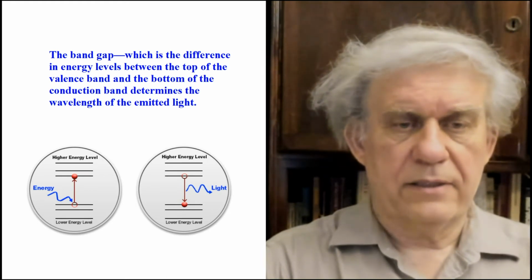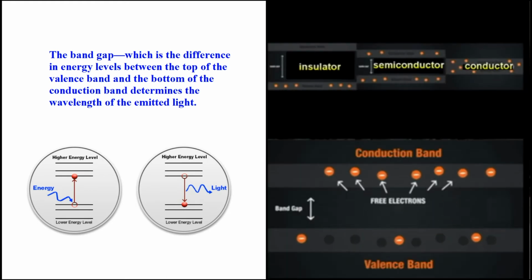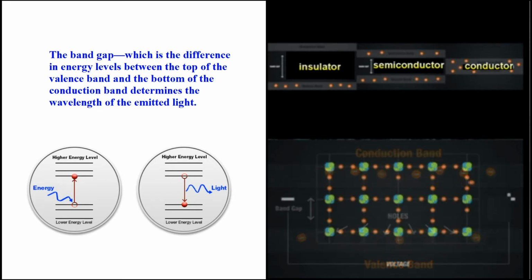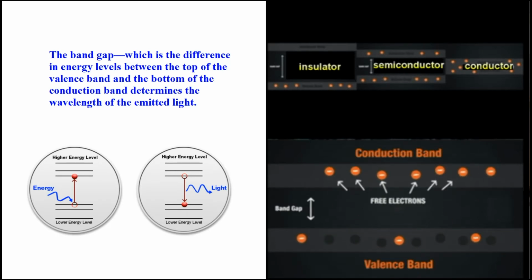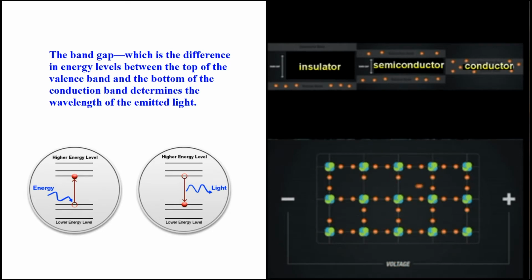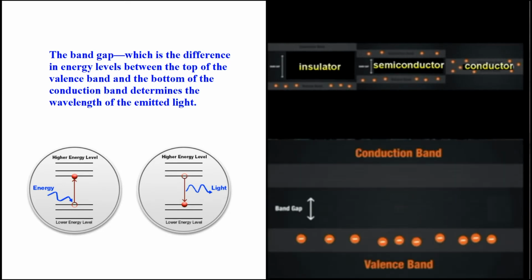And here's a little GIF on this, showing you the differences. In an insulator, the band gap is too large, and so it's very hard to knock an electron from the outer valence level to the conduction band. Semiconductor, a little easier. How about conductor? Well, in a conductor, essentially the valence band and the conduction band are one and the same. Okay, so they're like iron. Iron has conductor and valence bands that are the same.